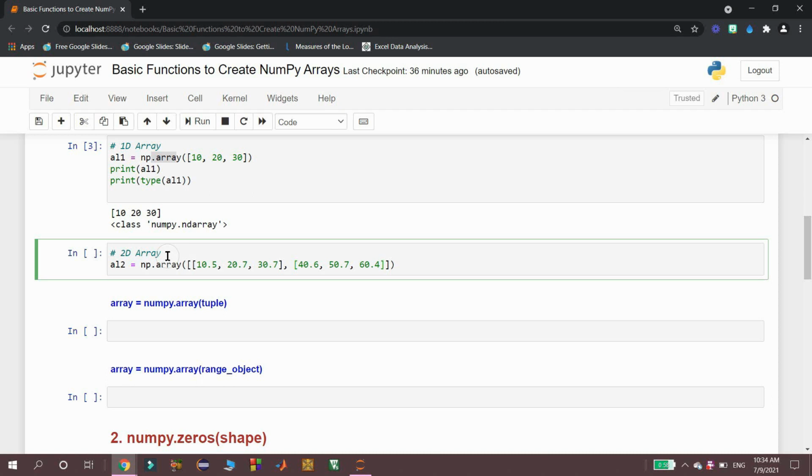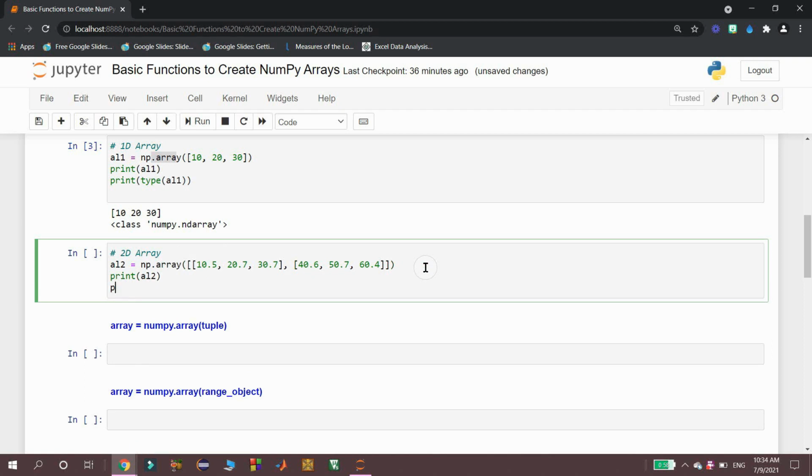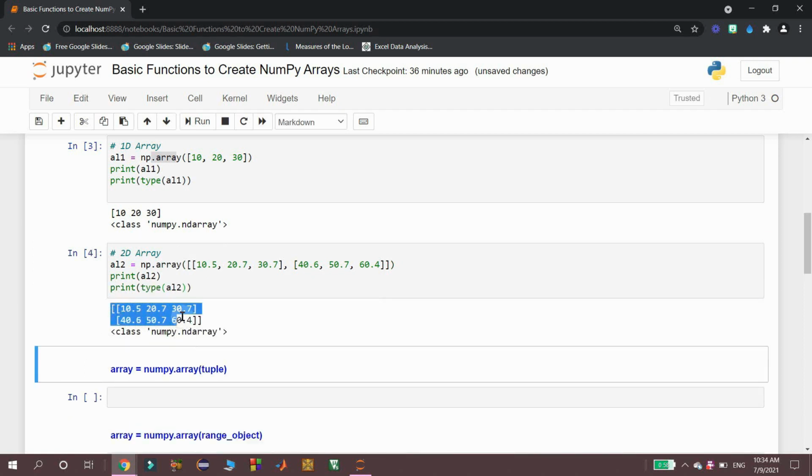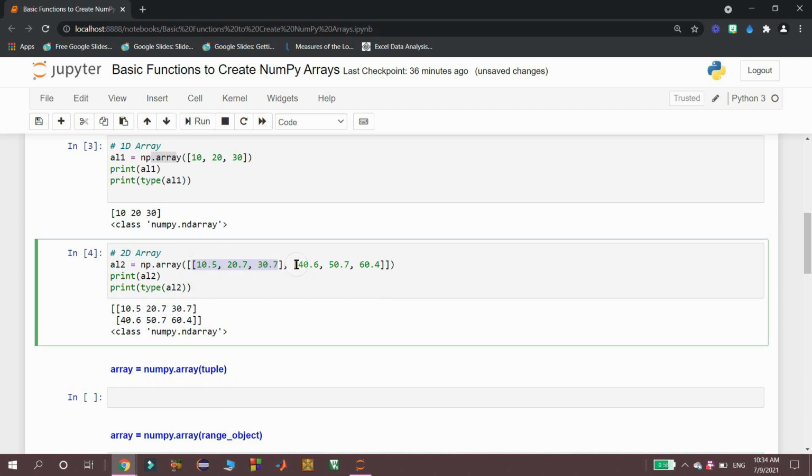That means we are going to generate a 2 by 3 matrix as a two-dimensional NumPy array. Then I am going to display AL2 and its type as well. See, we got a two-dimensional array with the first row elements represented by the first sublist, and the second row elements are nothing but the elements of the second sublist, and it is of type ndarray.